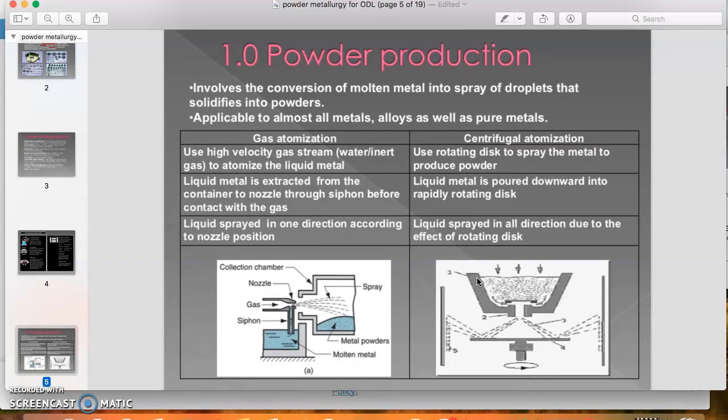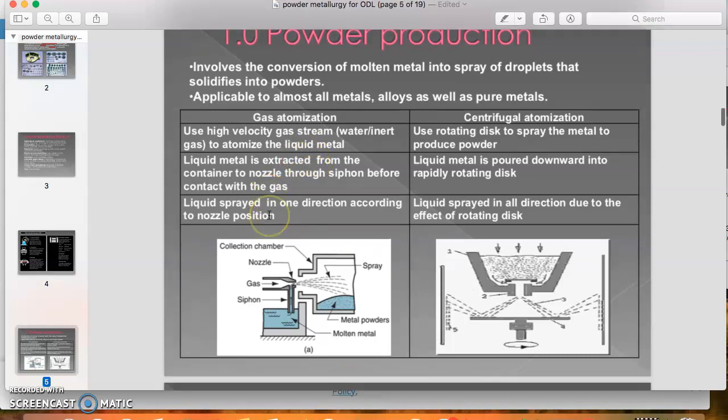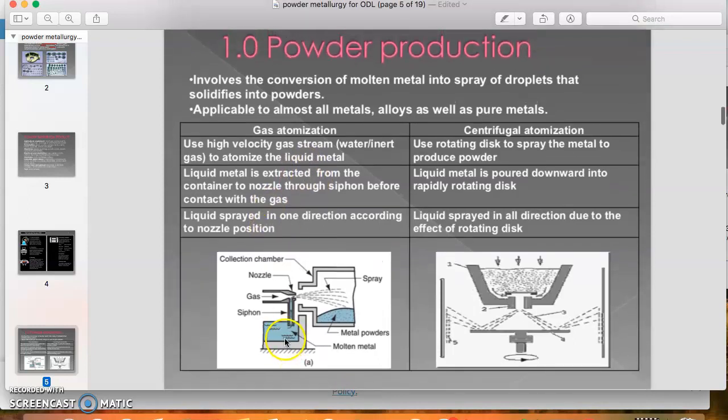Okay, for the powder production, there are two common processes to produce the powders. The first one is gas atomization, and the second one is centrifugal atomization. For the gas atomization, the molten metal